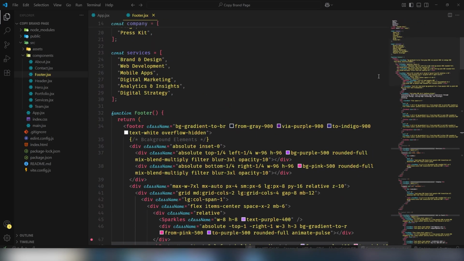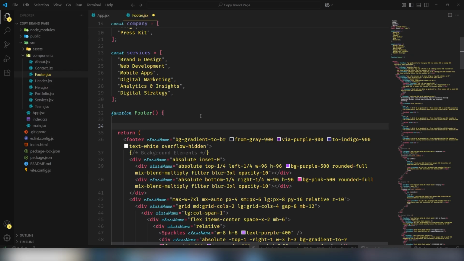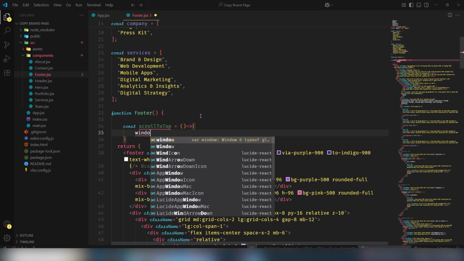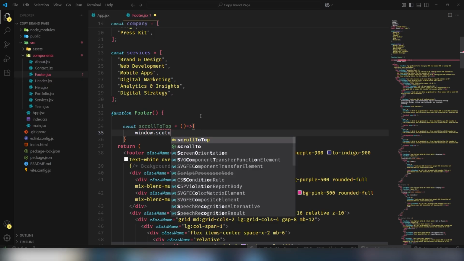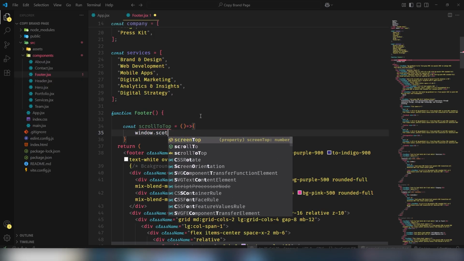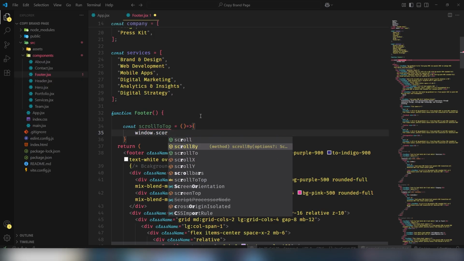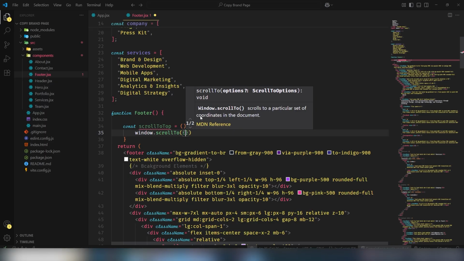So I will create a function, guys, const scroll to top, and in there I'm going to use window dot scroll to this method, and behavior stop is 0